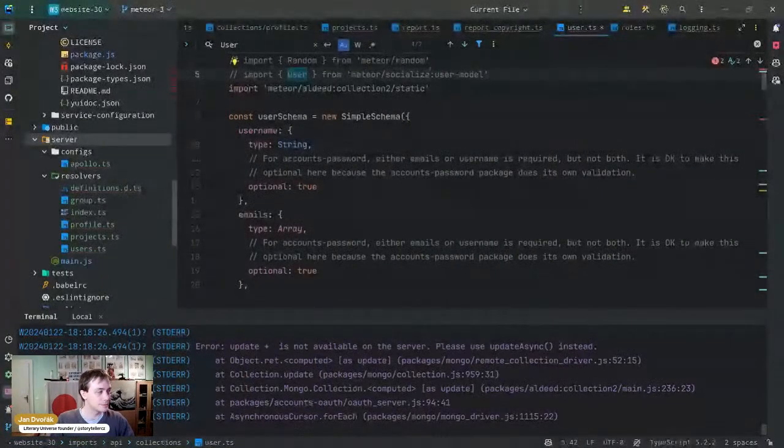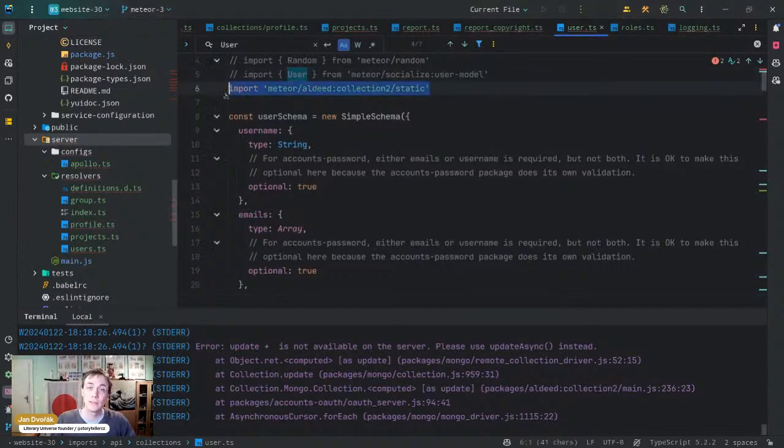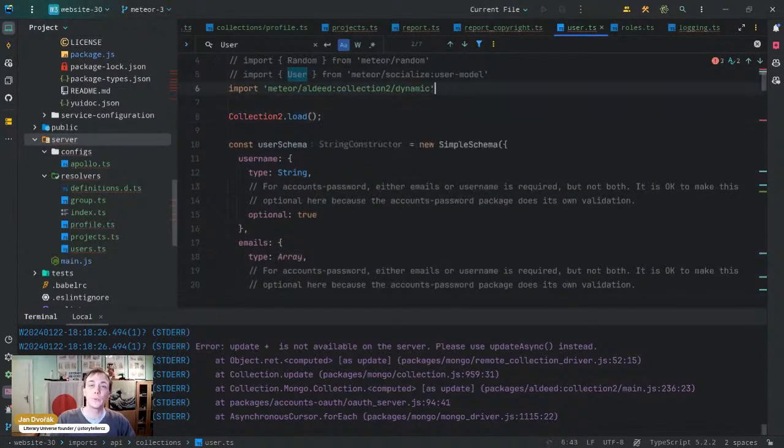Now we are struggling with another issue here where it says that the update function is not available on the server, which makes sense. So something from our packages, because we triple checked, and we are going to make here a one last ditch effort